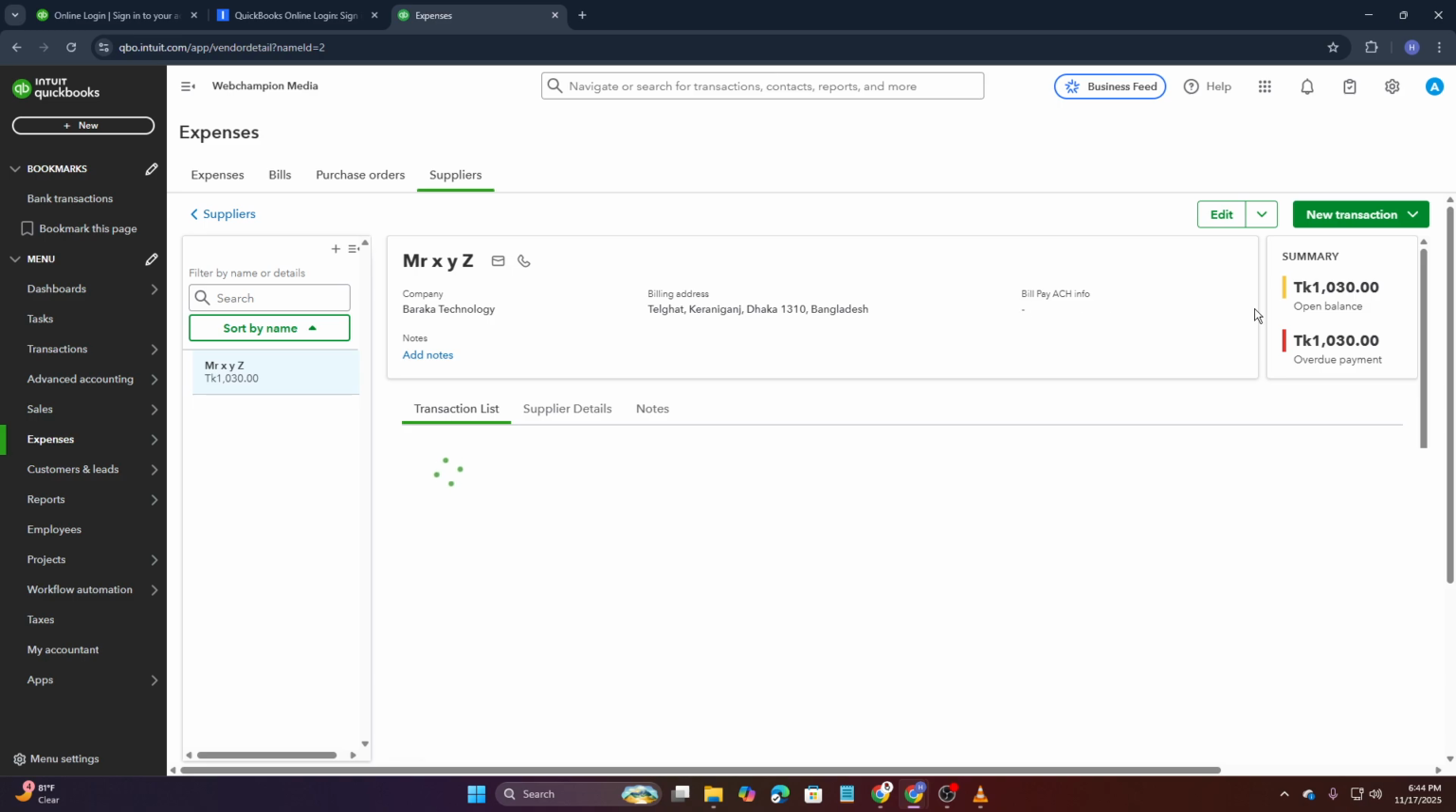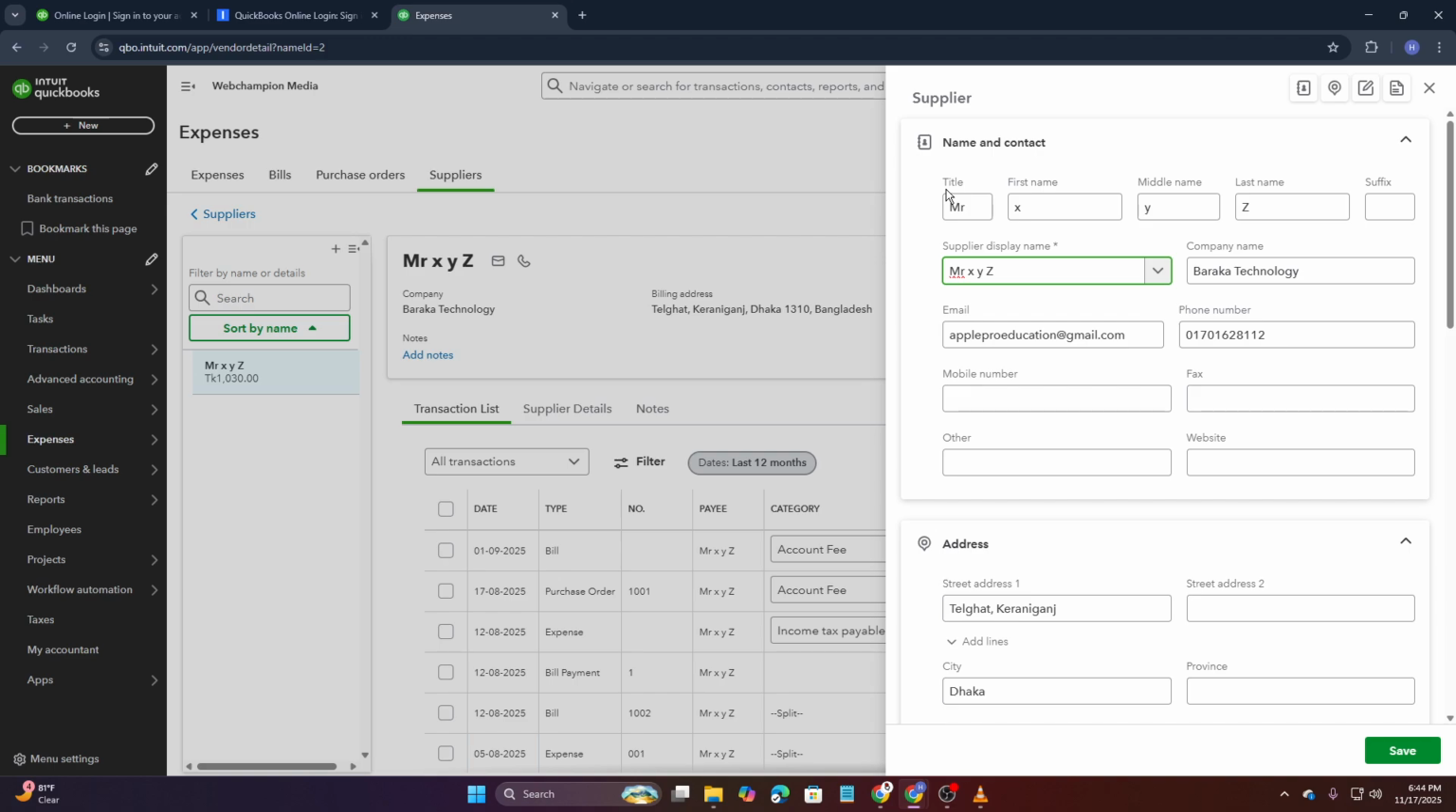Once you're inside the profile, look for the Edit button. This is where the magic happens. In the Edit screen, you'll see the vendor's display name. To merge this vendor with another, simply replace the current display name with the exact name of the vendor you